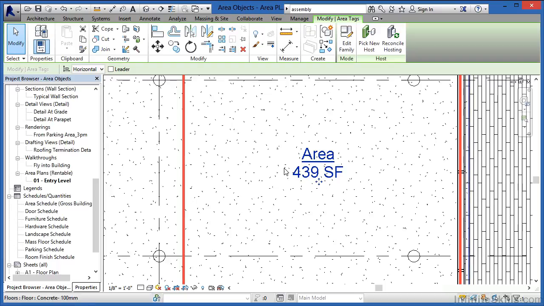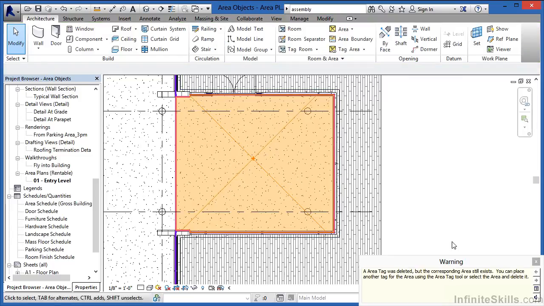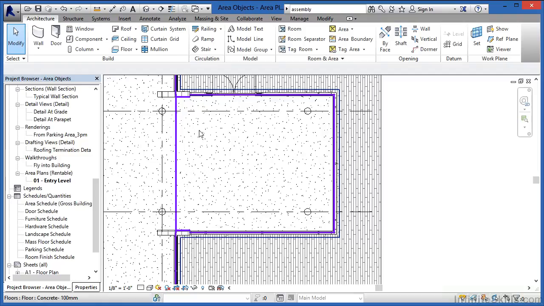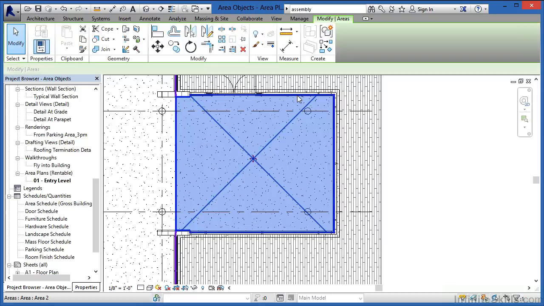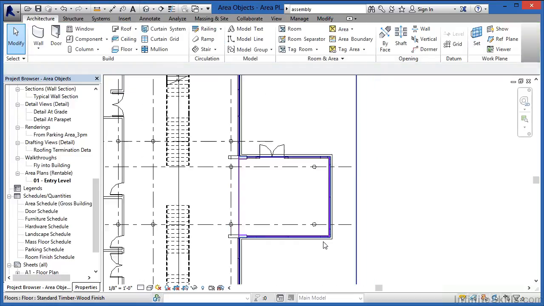If we wanted to get rid of this, we could do that as well. I'll just hit escape a couple times to get out of the command. I'll start off by selecting on the area tag, clicking delete. It's saying that even though the area tag is deleted, the area is still there. Well, if we then try to select on that area object, and we probably can do this by just highlighting over the edge right up here, then selecting the tab key on the keyboard, and continuing this until the area eventually highlights like this. We can then select on it by left clicking, hit the delete key on the keyboard, and now that area will go away.